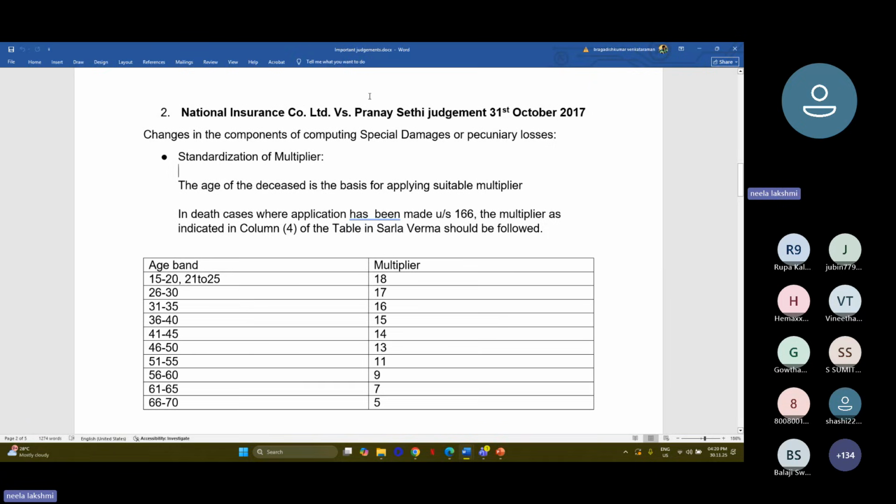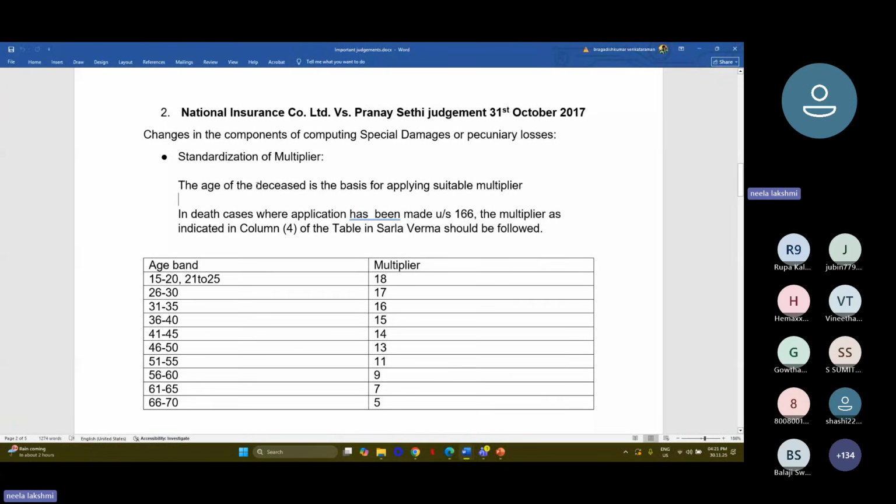Again, Sarala Varma and Pranay Sethi tried to standardize the multiplier. Previously, before the Pranay Sethi judgment, some courts were taking the age of the mother. If the deceased is a bachelor, the courts were taking the age of the parents together, the average age of the parents, something like that. Some courts were adopting some methods and other courts were adopting other methods. Different methods were adopted by the courts. But the Pranay Sethi judgment